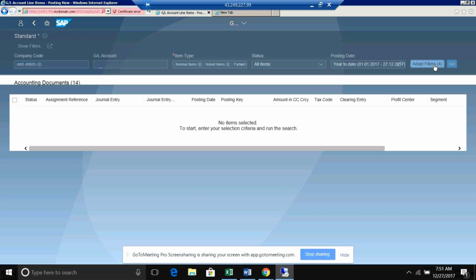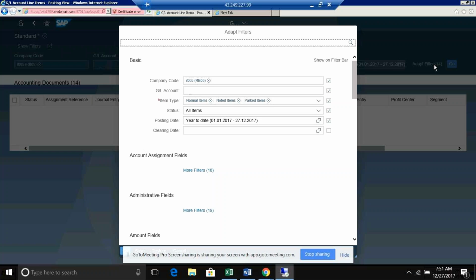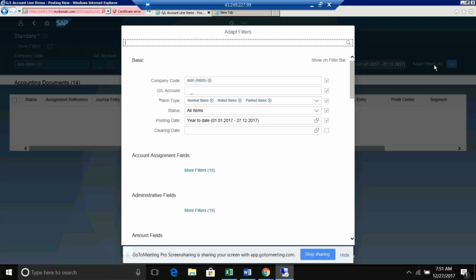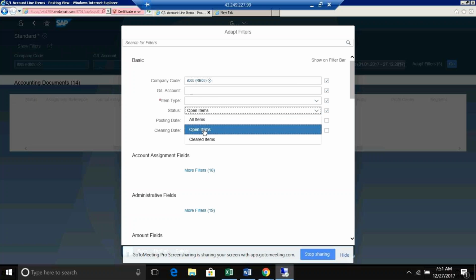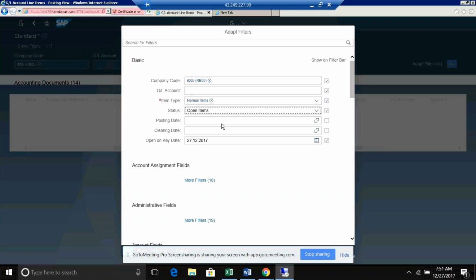Let me select something there. I don't want open items. Items and posting date, clearing date, whatever you want to give, we can give.